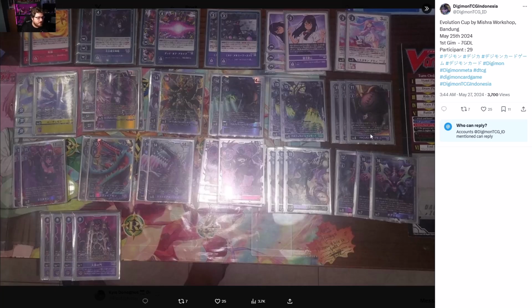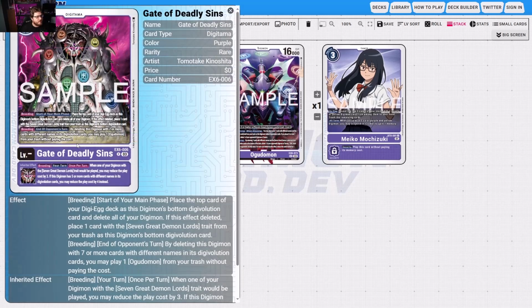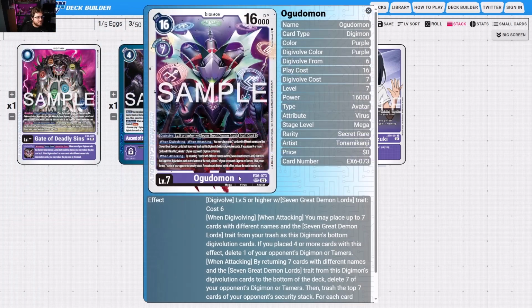Then we do have the 7 Great Demon Lords. It's not going anywhere. EX7 definitely proved that. You know, you're playing just the 7 Great Demon Lord deck. You're just trying to go off here. You're just trying to get this thing to get to 7 different names in its Digivolutions, and then you play the big boss Digimon that can basically clear out,